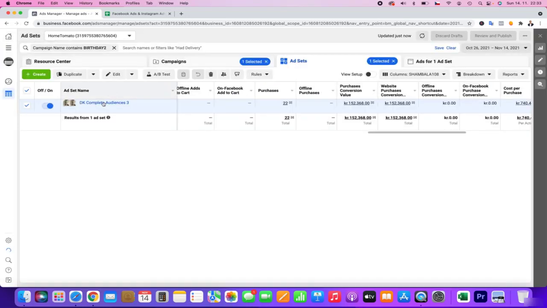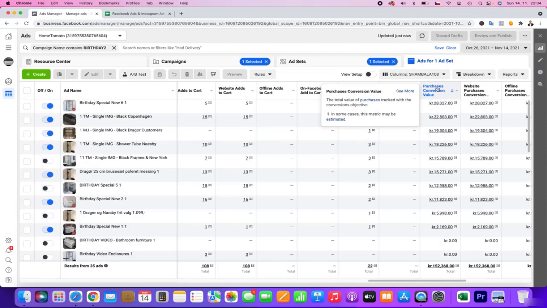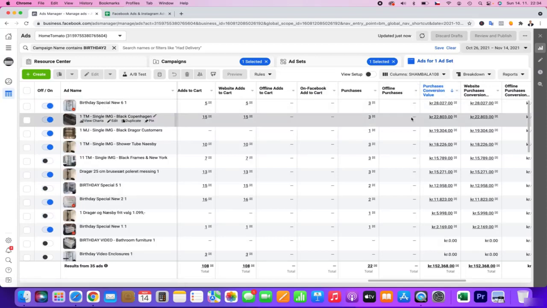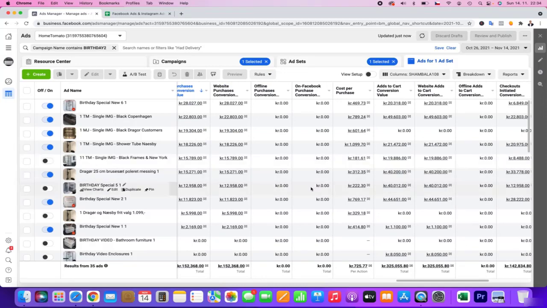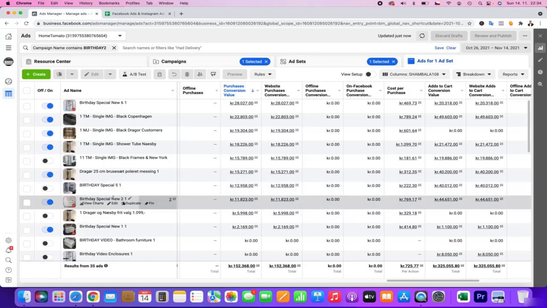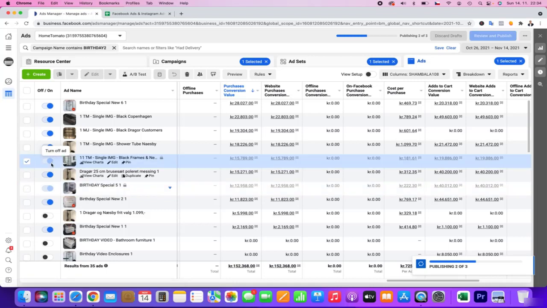What can also be quite beneficial is to learn something about the ads. Basically, we can see that some of the ads are making much better money, and I will now continue using these ads. You can see, for example, that for this ad people did not click so much, but it did bring some nice value. So I will probably use this ad next time, so I will turn it on.